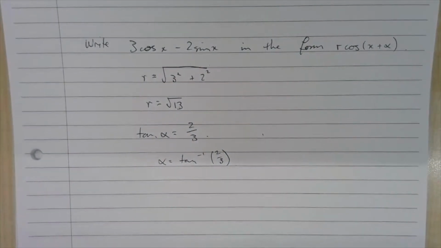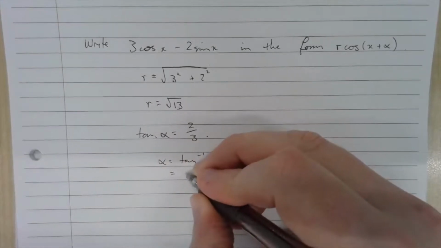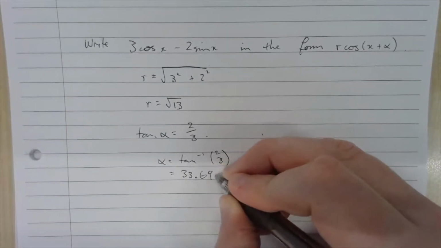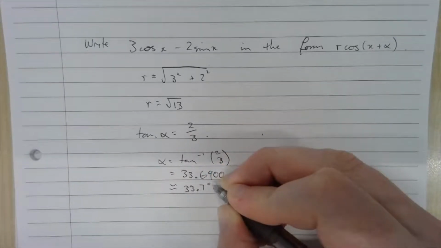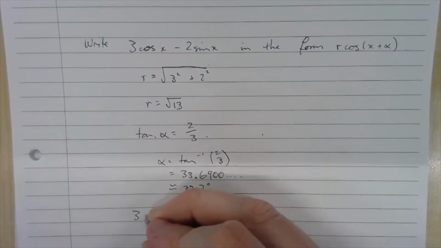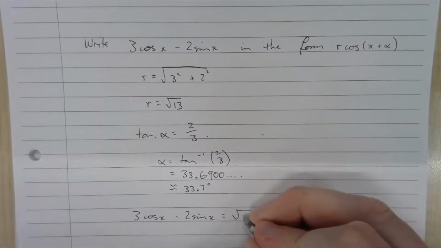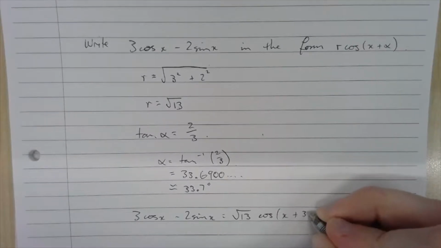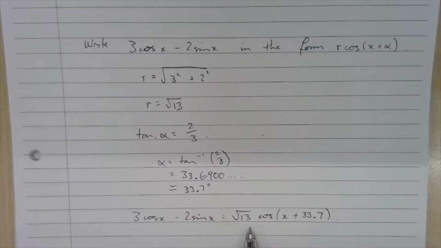To change this one up a little bit, I don't know when tan is 2 over 3. That's not an exact value that we need to remember, but using our calculator, I want this one in degrees: 33.6900..., so approximately 33.7 degrees. So finally, 3 cos x minus 2 sin x is equal to root 13 cos(x + 33.7). Okay, so next part, let's sketch this function